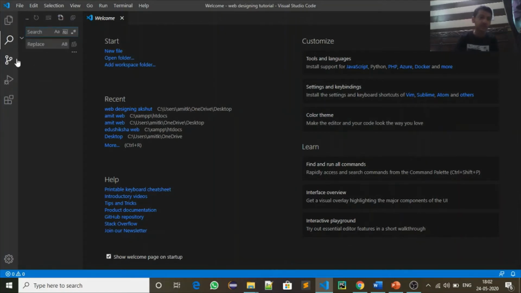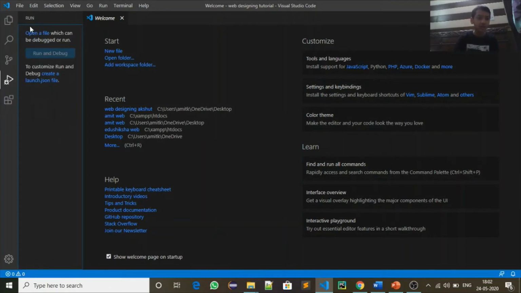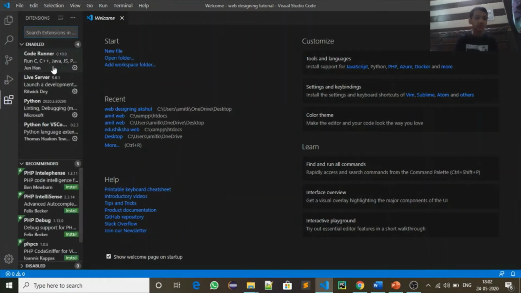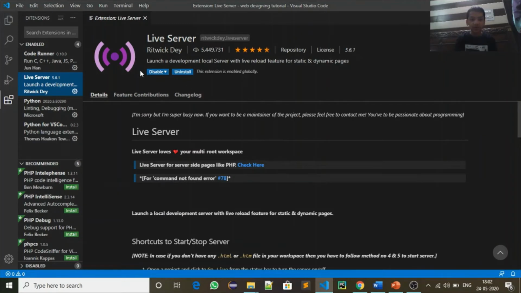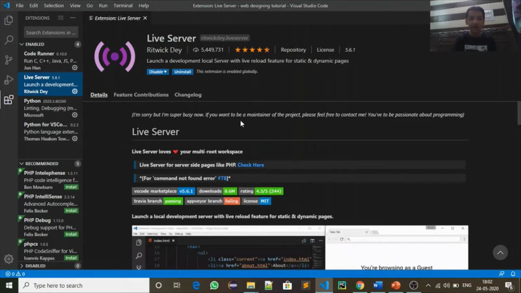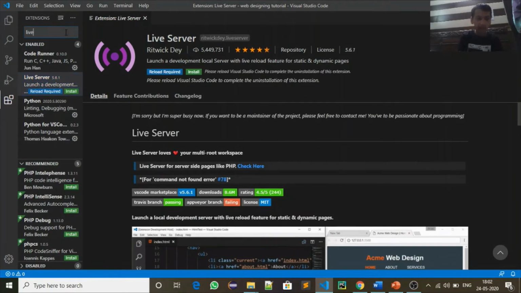this is the search function, this is the source control, which you do not need to focus on now, and not on this also. So you will go to extensions and search live server. So install it. I have installed it before, so I will install it again for you.